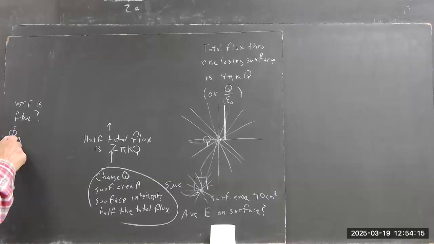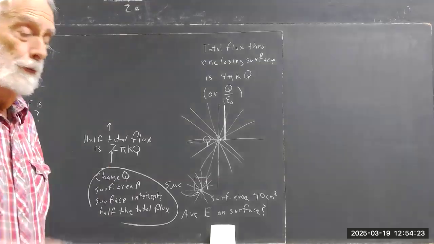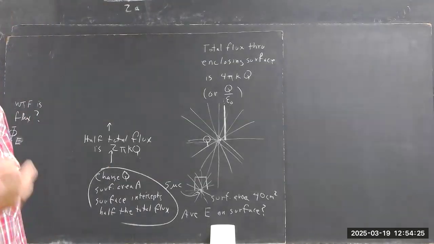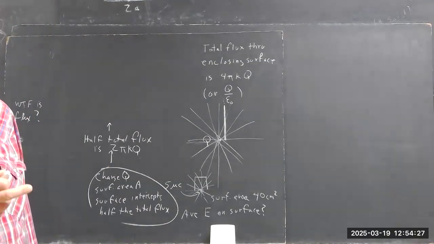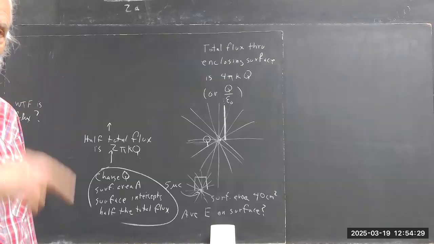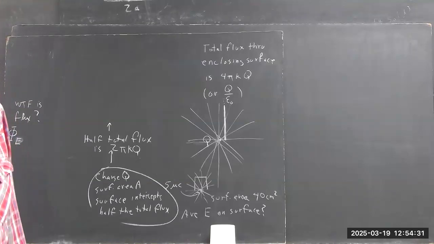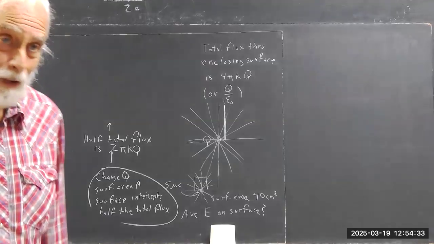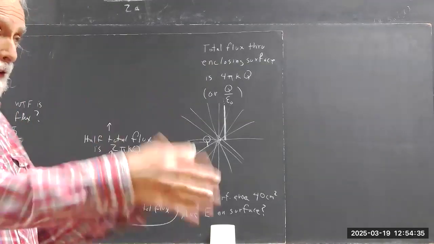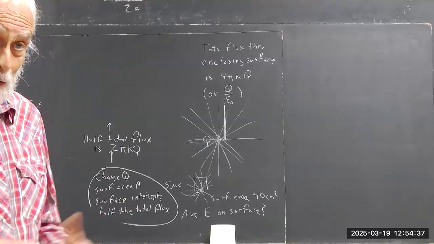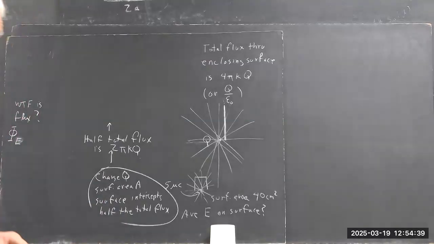Use phi sub B, phi sub E for the flux of an electric field. Phi sub B for the flux of a magnetic field. You should know already that the rate of change of the flux of a magnetic field is equal to the potential difference around the loop. That should be locked in. We've used it. We've demonstrated it in the lab. Okay. Lock these things in. Okay. So flux is,